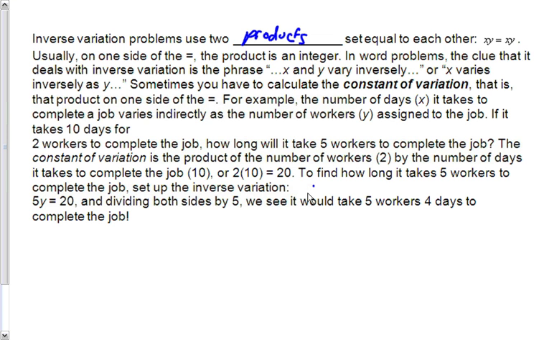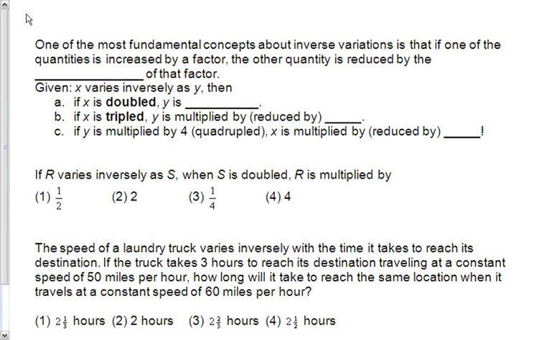So if you have 5 workers, I don't know how many days it's going to take, but it's going to equal this wonderful constant, which is 20. In this case, it takes 4. All it is usually is the product of two equals the constant, and then you solve that product. One of the most fundamental concepts about inverse variation is that if one of the quantities is increased by a factor, the other quantity is reduced by the reciprocal